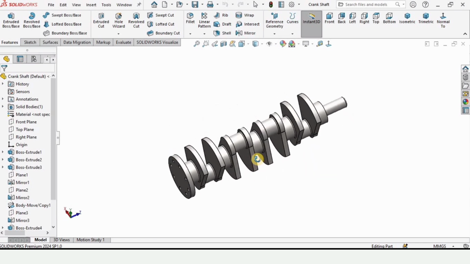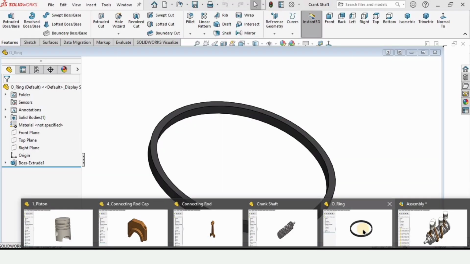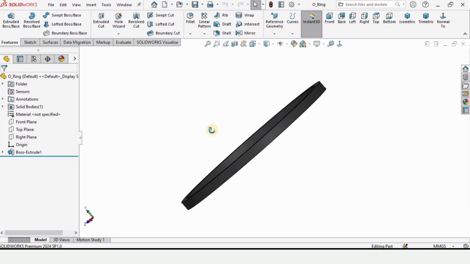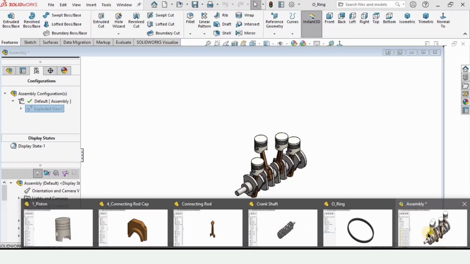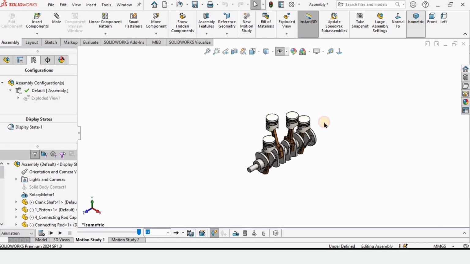and after that we are going to model this piston ring. And after modeling all of these parts, then we are going to assemble and create motion study analysis and exploded